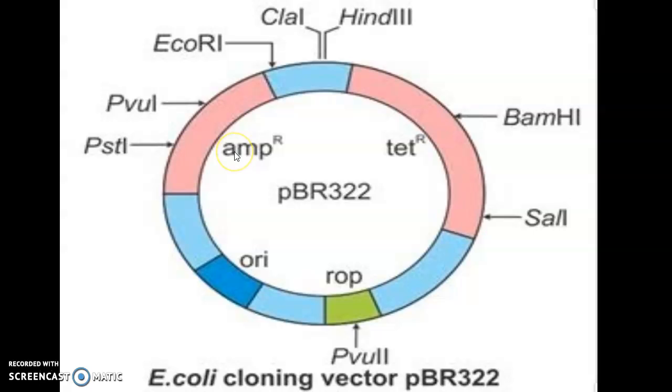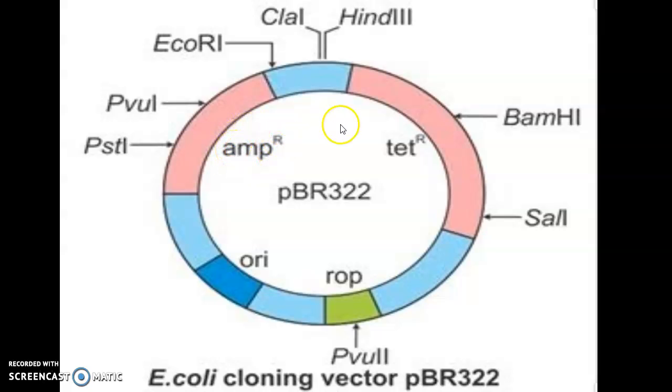So ampicillin is inactivated and the foreign gene is present in them, which means the bacteria is unable to grow in the medium having the antibiotic ampicillin, because the gene that resists ampicillin is not there. So what does it indicate? It indicates the foreign gene is easily incorporated or recombined at the position of ampicillin resistance.